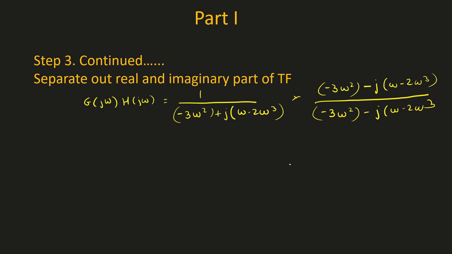So if you see the multiplication in denominator, we see this as a plus b, and this as a minus b. The multiplication of a plus b into a minus b is a square minus b square. So I use the same formula in the denominator, and what I'll get is